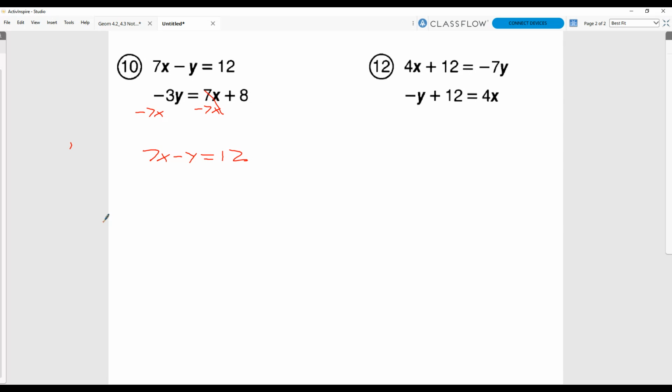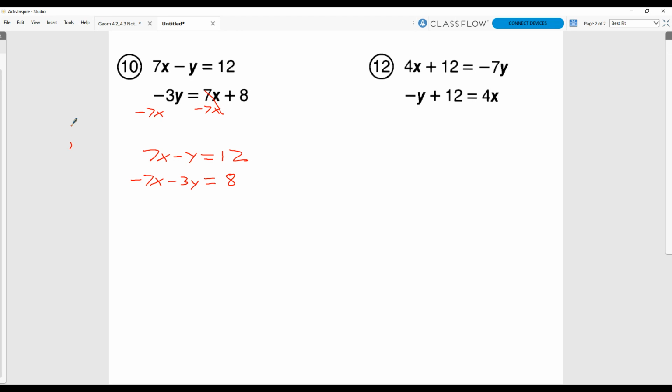Okay. And now if I rewrite this one, because I moved 7x over here, I'm going to have minus 7x and then minus 3y is equal to 8. Okay, so you see what we did there? We just took the 7x that was here. Instead, we moved it over to this other side. All right, now take a look. It is set up